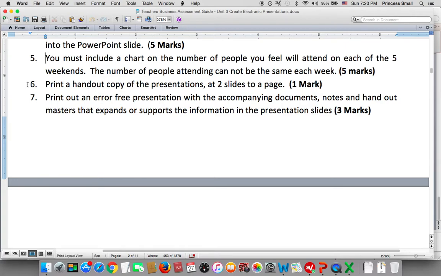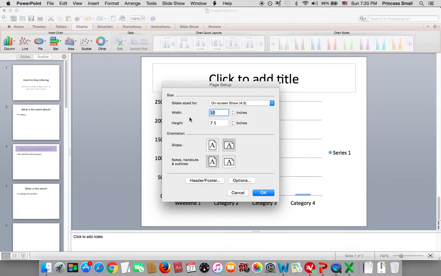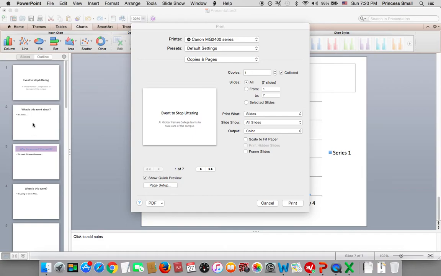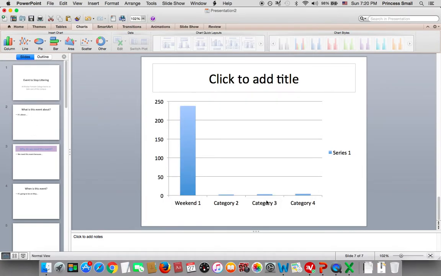So pretty much the same thing as 6, so it's just specifying that, yes, you print it out. If you have notes, you should include notes. You should have a handout master that expands on the information. So whatever information you have in your PowerPoint, you should have a printout that further explains what I'm seeing here, okay? So you would have a printout